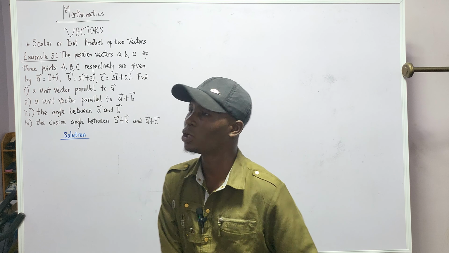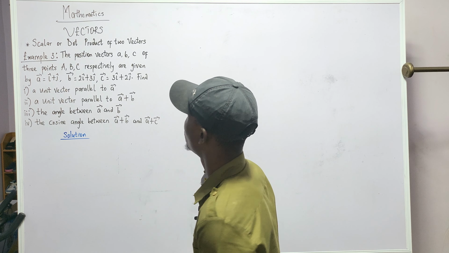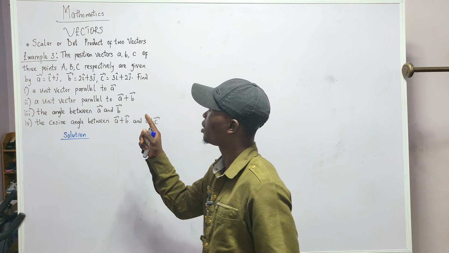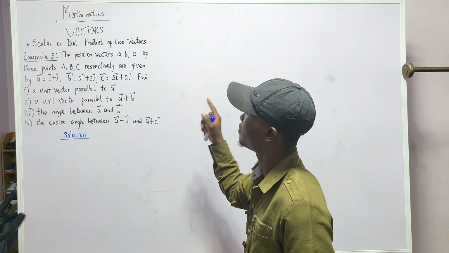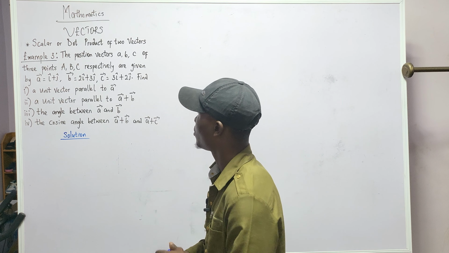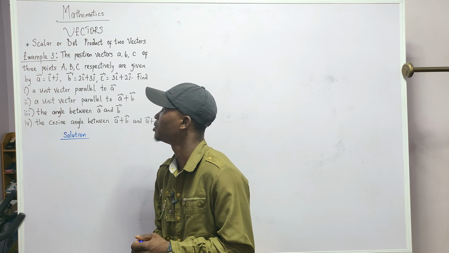So still on dot product. So example 3 now. Question says the position vectors A, B, C of 3 points A, B, C respectively are given by: vector A is equal to I plus J, vector B is equal to 2I plus 3J, vector C is equal to 3I plus 2J. Find: